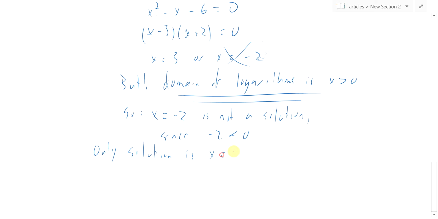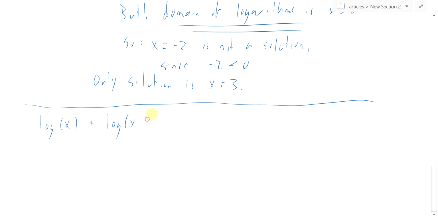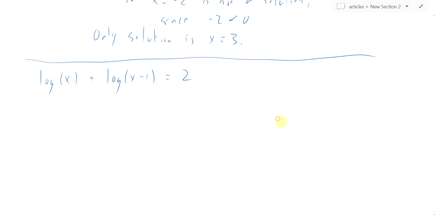is x equals 3. So one thing you have to be a little bit careful about when you're dealing with logarithms is making sure that your answers, when you plug them back in, actually work. If you get negative answers, sometimes they won't. So another problem along the same lines, suppose log of x plus log of x minus 1, set up the same kind of way, equals 2. Well, that's a little bit of a problem, right? Because we don't know what the